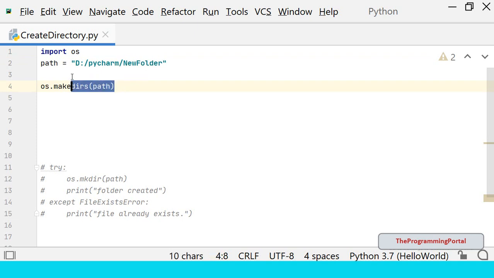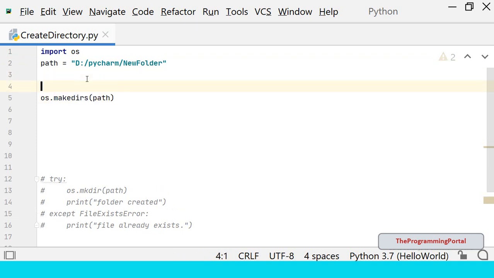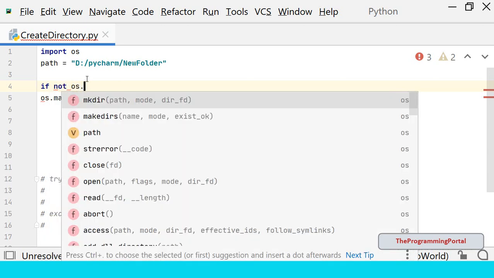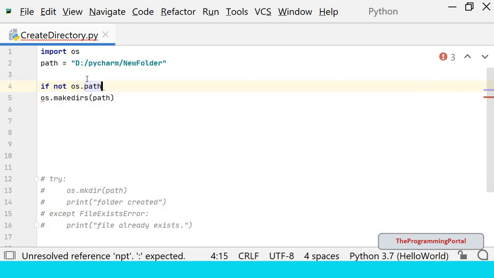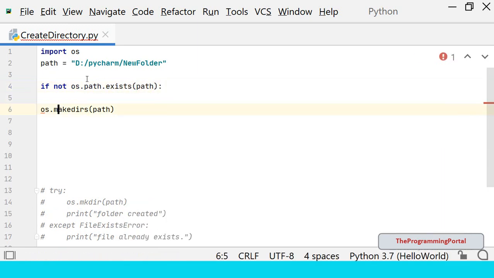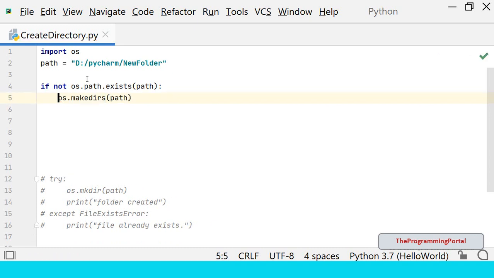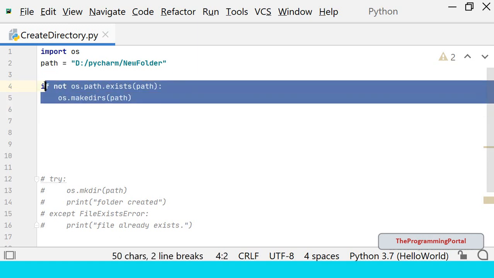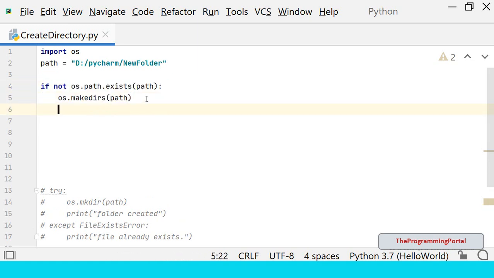Instead of try catch block, I can write if not os.path.exists. By using exists method, we can check that if that path exists or not. If it is not present, we will create the directory.